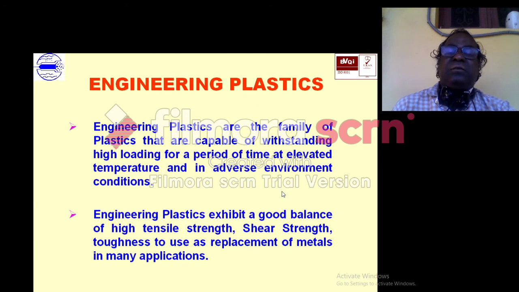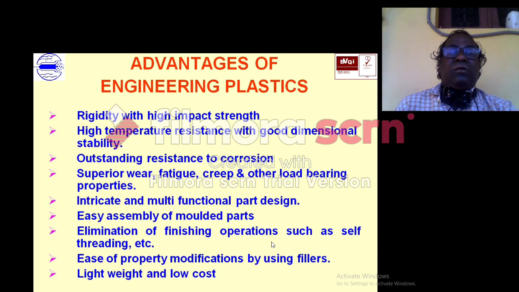The engineering plastics exhibit a good balance of high tensile strength, shear strength, and toughness, and they replace metals and other parts with plastics. So what are the advantages if you use engineering plastics instead of a metal part or a part made of wood? The main advantages are high impact strength, high temperature resistance with good